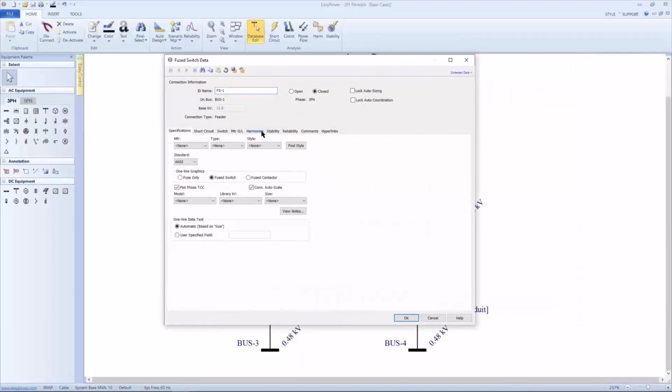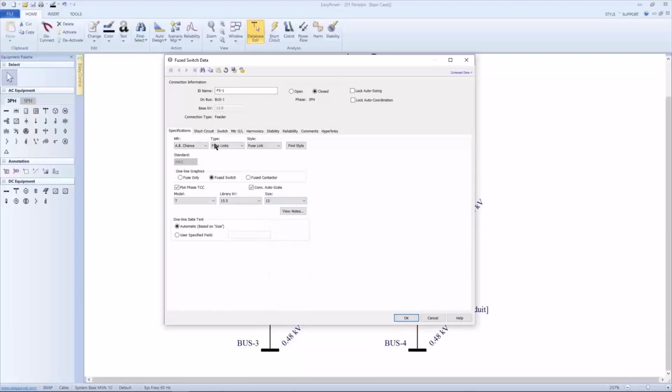He said EasyPower has a device library with over 40,000 entries, so it's important to get the part number for any protective device entered in the database. He said he looked at the label and it's an AB Chance fuse link. As he told me this, I was filling in the blanks, that the model was a Model T, and we both chuckled because we thought of Model Ts in a different context, and the size was a size